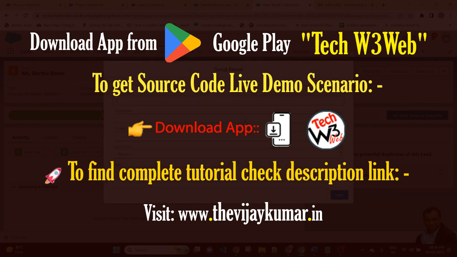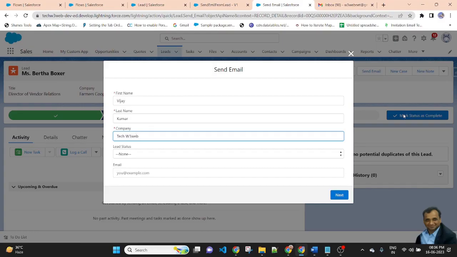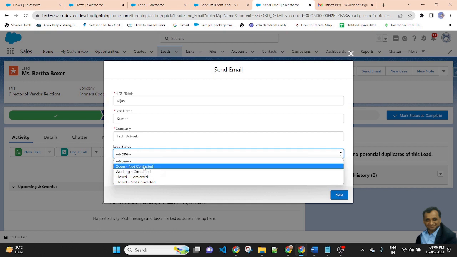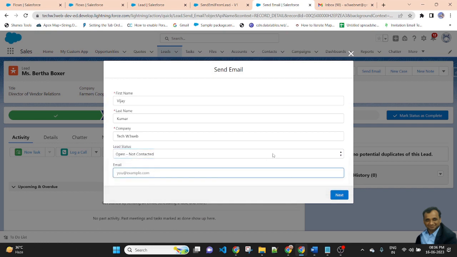Here I will create a record of lead. I am creating a lead, Vijay Kumar, company name W3 Wave, lead status is open, and email ID W3wavename@gmail.com.